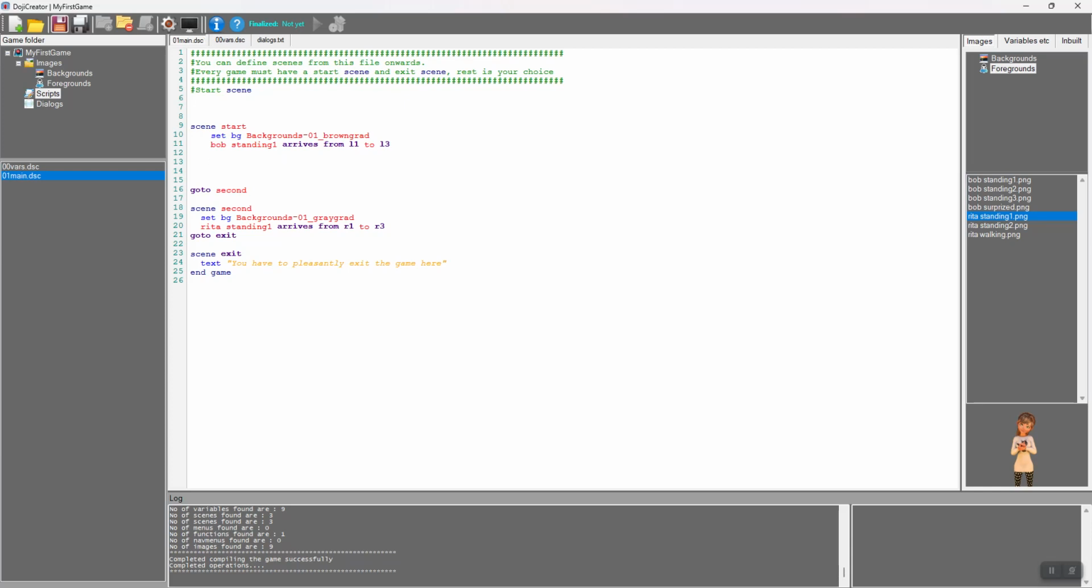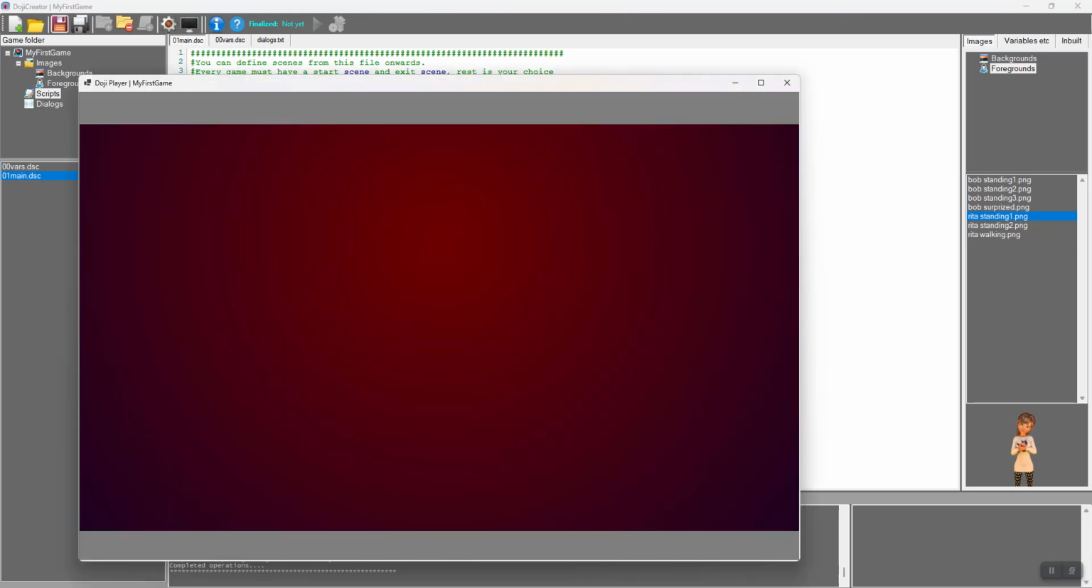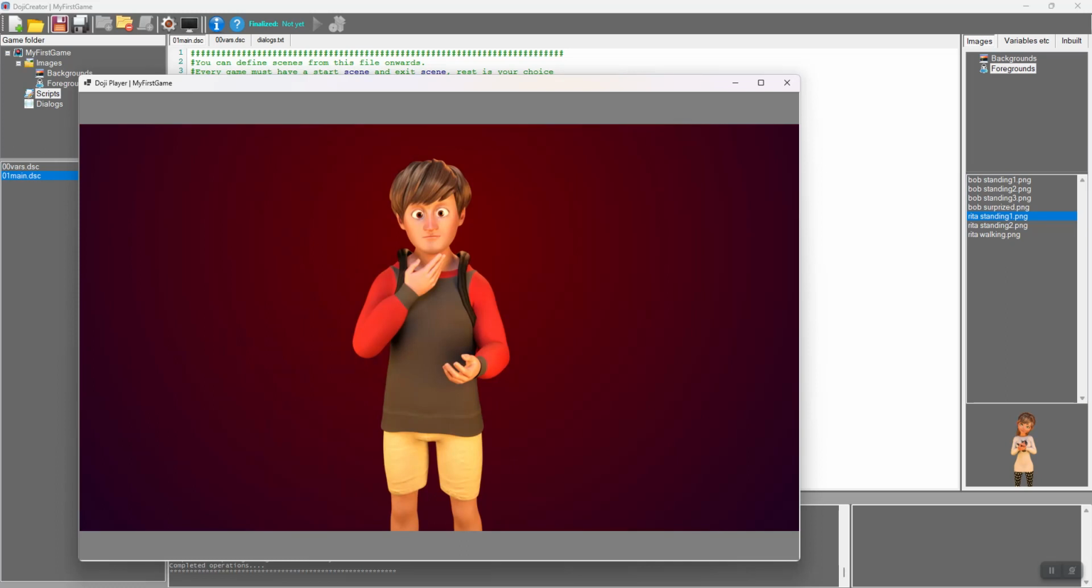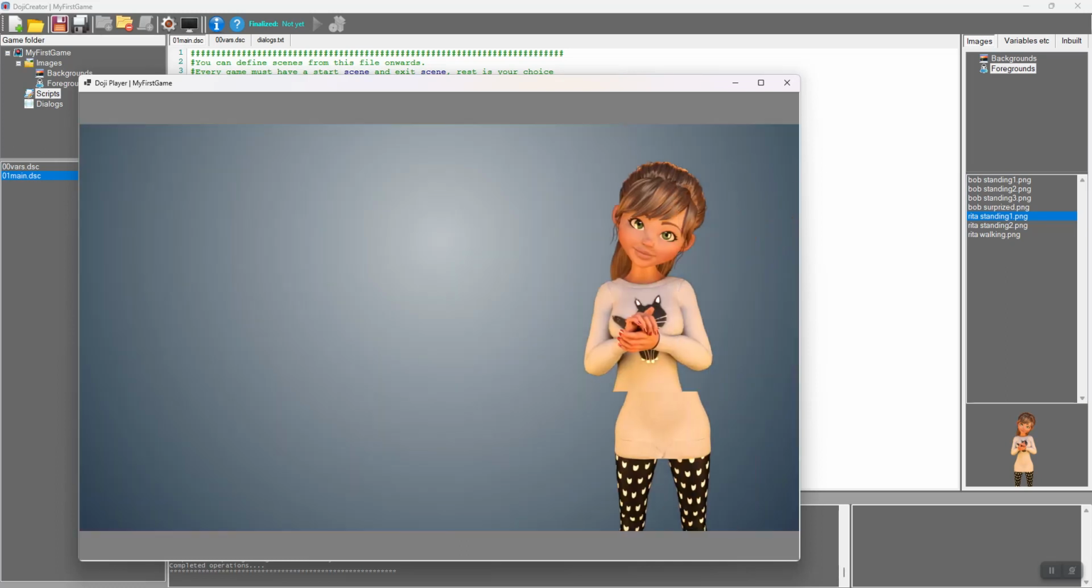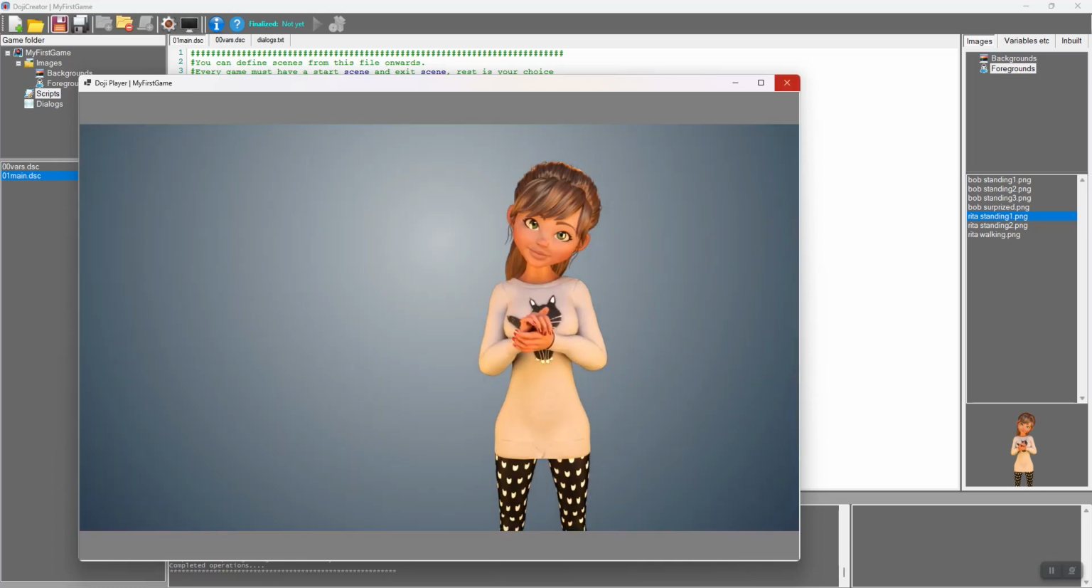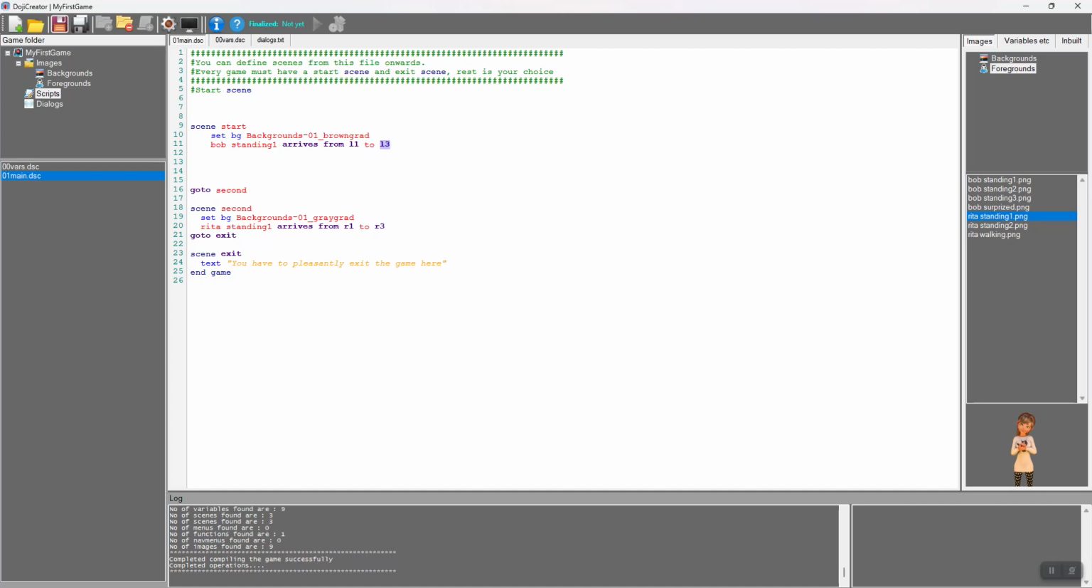Let's execute this first and we'll go to the guide once. So this is how Bob arrived, and then this is how Rita arrived. You can also arrive till C. So